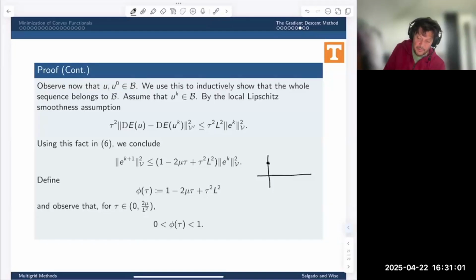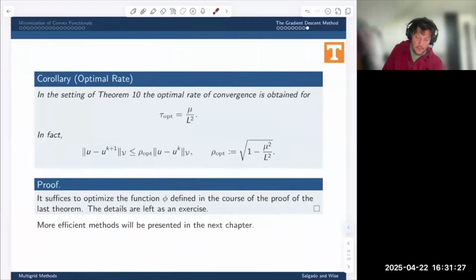my polynomial has to be something like that, right? It can't be less than 0. In other words, it has to be greater than 0 and less than 1. But what I want to find is what is the minimum possible value of that? Well, that's found by taking the derivative of this with respect to tau and solving for that value of tau. And if you do that, then you find that value of tau is exactly that, and then the optimal rate becomes that. Okay, so by the way, now you can see clearly that my rate of convergence is exactly going to have in it that non-linear,